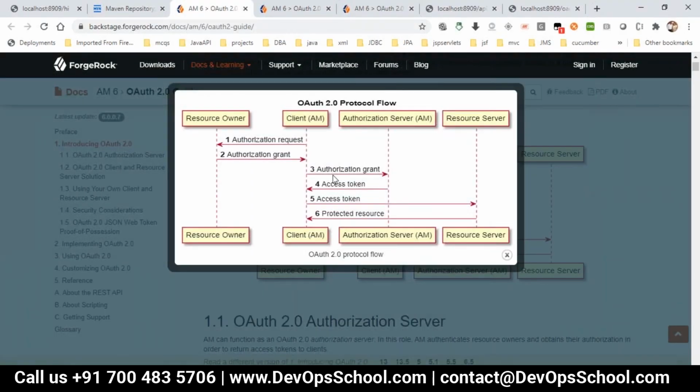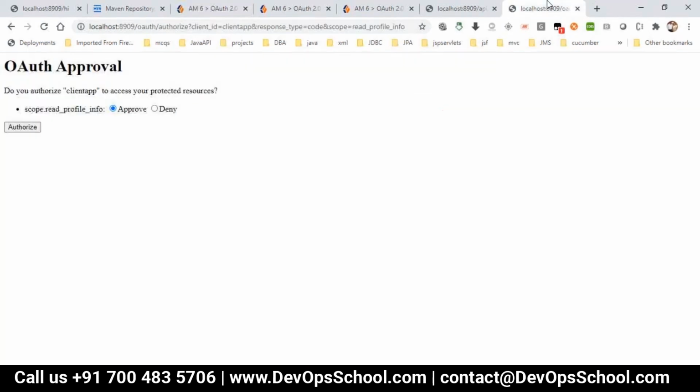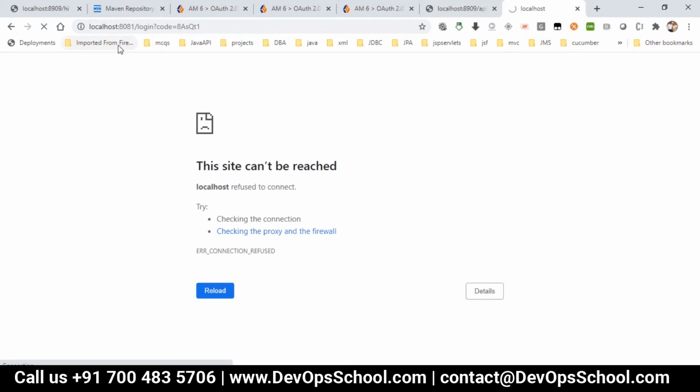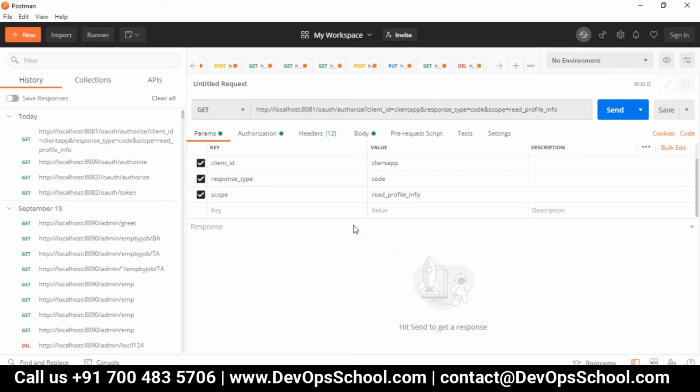Like if you see, it is sending now to the resource owner, if the resource owner is granting the authorization. So the resource owner is now approving. When you authorize it, we have written some redirect link. You remember 8081, but we are not worried about what the link is. We just have to get this code. This is the authorization code for you. So then let me come back to my Postman.